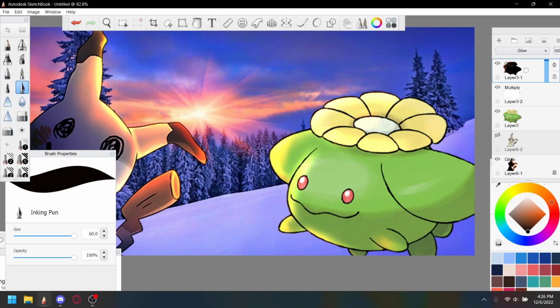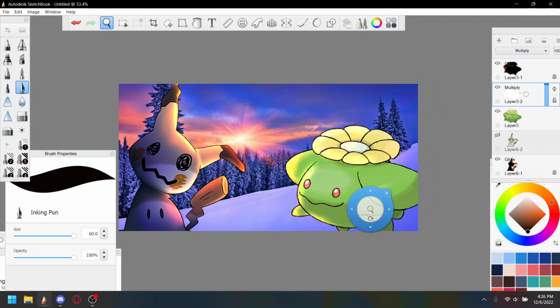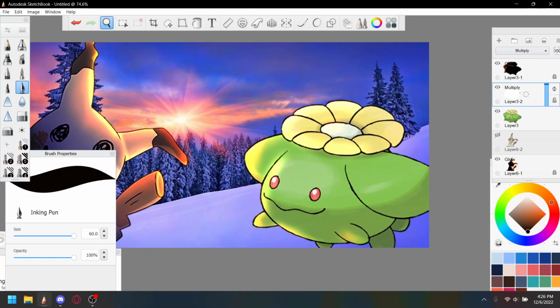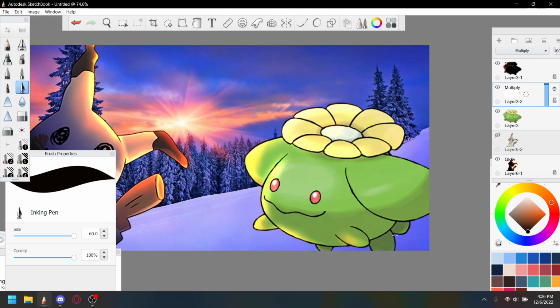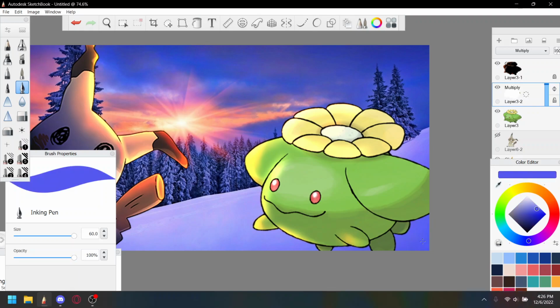Once you have the multiply layer, you have to look at the shadows. For lighting, you look at what colors the shadows are. In this image, you can see here in the snow that it's blue. So basically, just copy that color